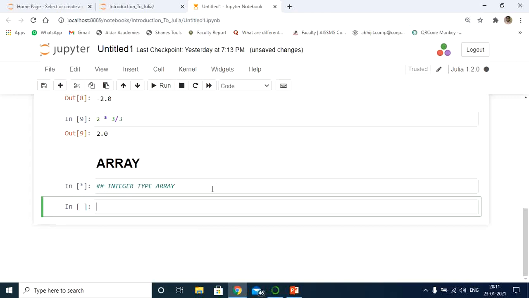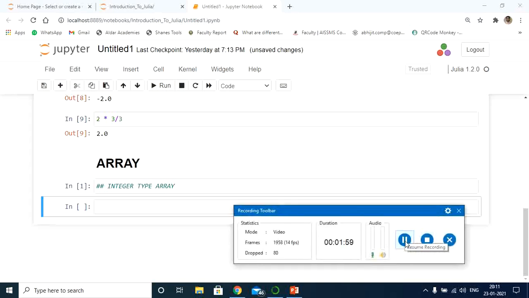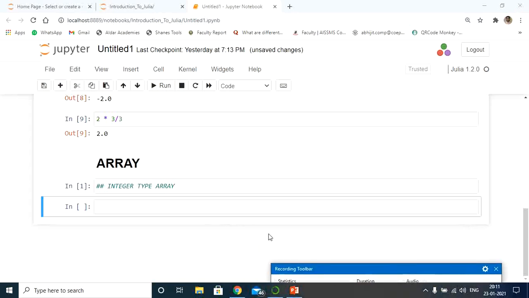I'll have one variable called a1, and I'll assign the array values in brackets: 1, 2, 3, 4, 5. All of these numbers are integer type, and I'm going to store all these 5 digits in the variable called a1.